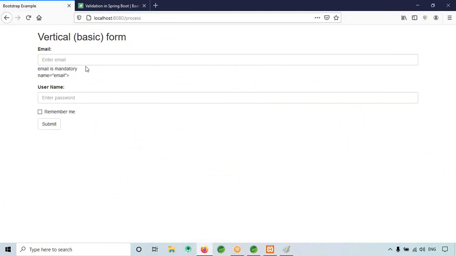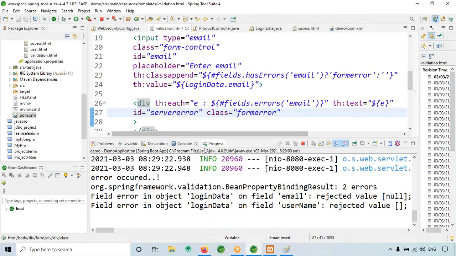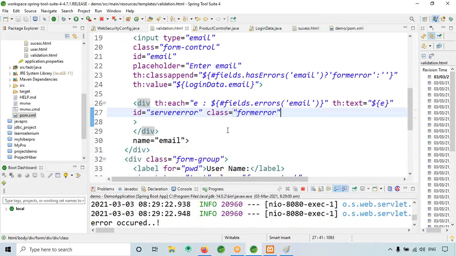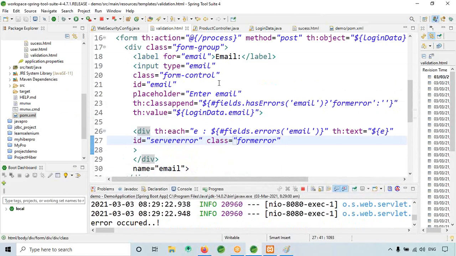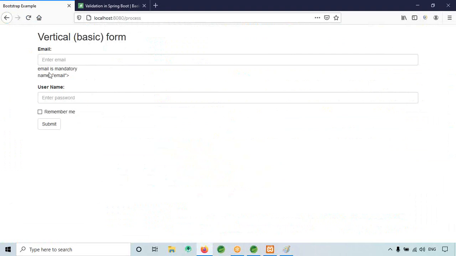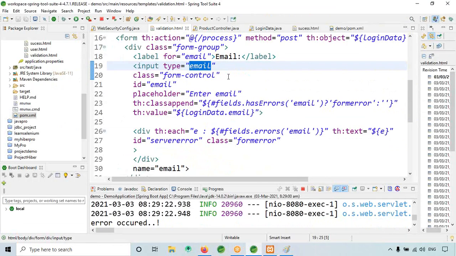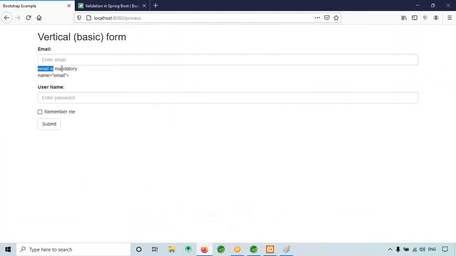Okay, see where did I give the email is mandatory. See, one mistake I made: I have given input type email, that's why this is coming. So input type should be text. That won't repeat.